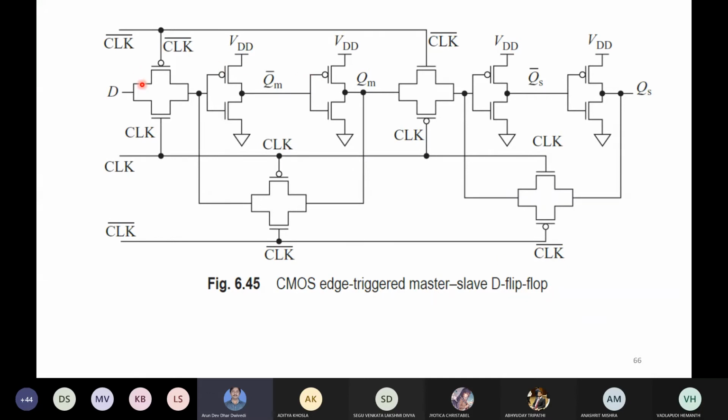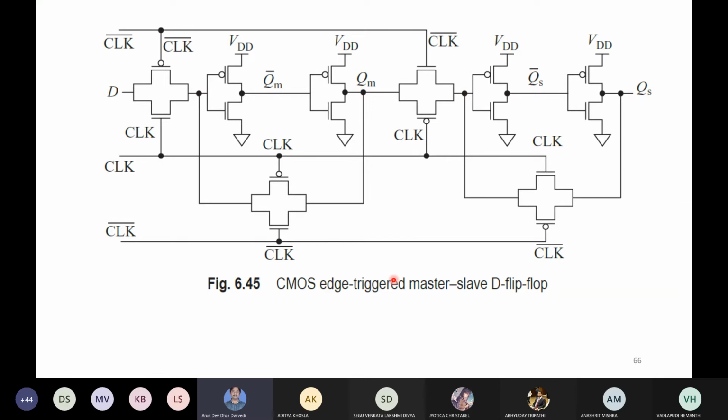This part is the first part of the D flip flop, and the output of this one is given to this transmission gate, and then another inverter here. First part: one transmission gate, another inverter, and then another inverter here, QM bar, and here QM. Then this is given to the input of this transmission gate and another inverter. Suppose it is QS bar, and this one is QS. Then this feedback is given here, and here this feedback is given.